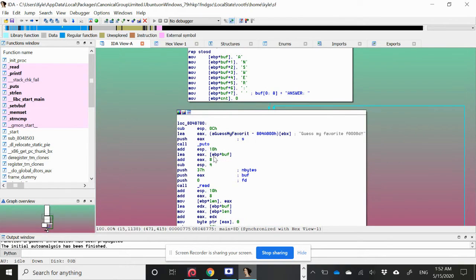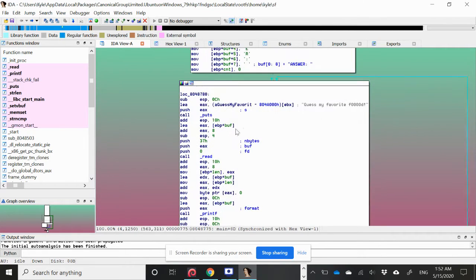So I'm not exactly sure what's going on here, but let's continue. Then we have what we call the puts on "guess my favorite food." As you can see here, we're again using the addressing, and IDA is smart enough to know that we're referencing via EBX. After this, we have a call to read of 55 bytes into buffer, in this case,